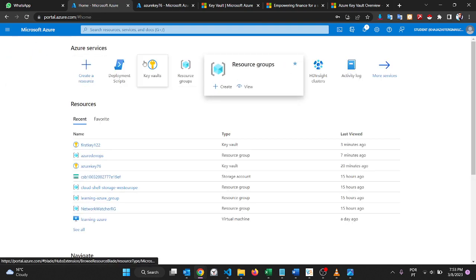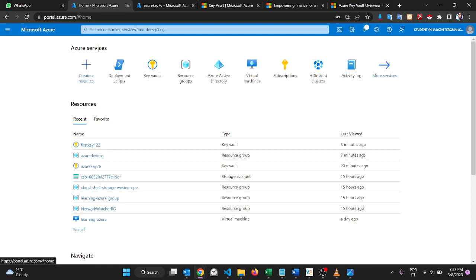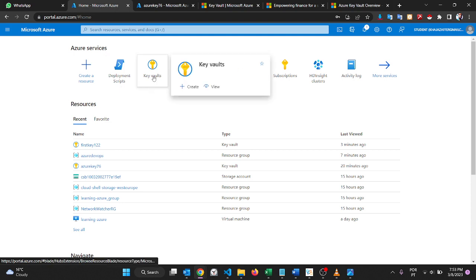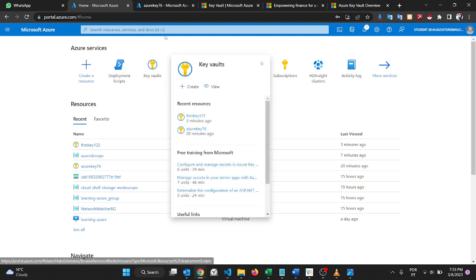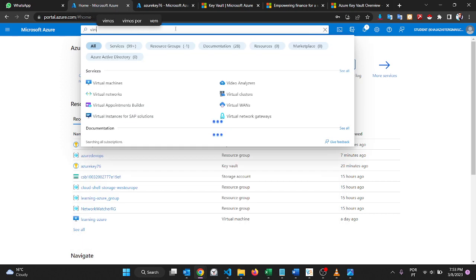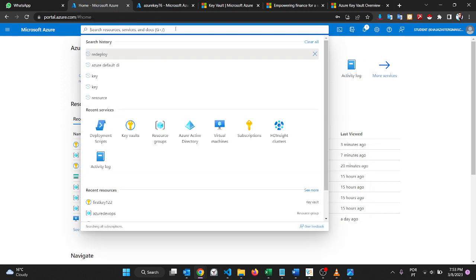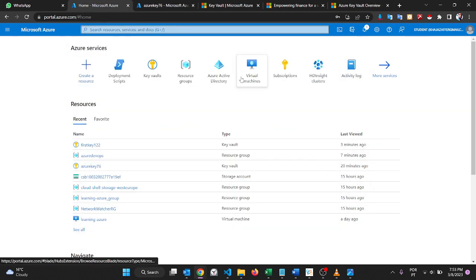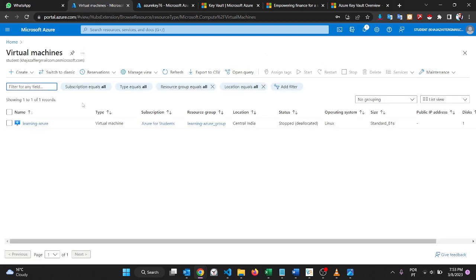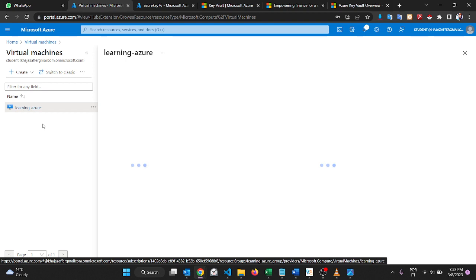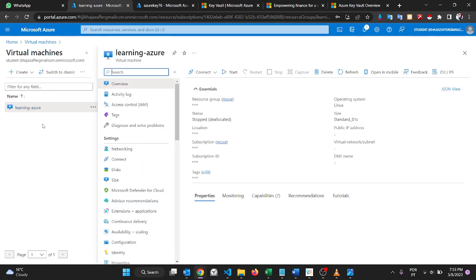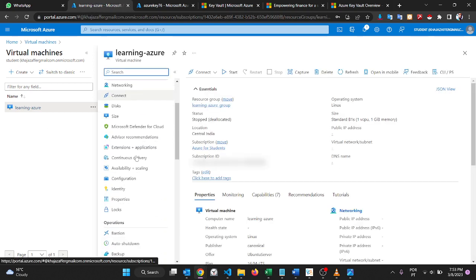Suppose you have created a virtual machine, and then there is an issue with the virtual machine because it is not able to work properly, even though you have troubleshot everything and still you're not able to make it function properly. So in that case,